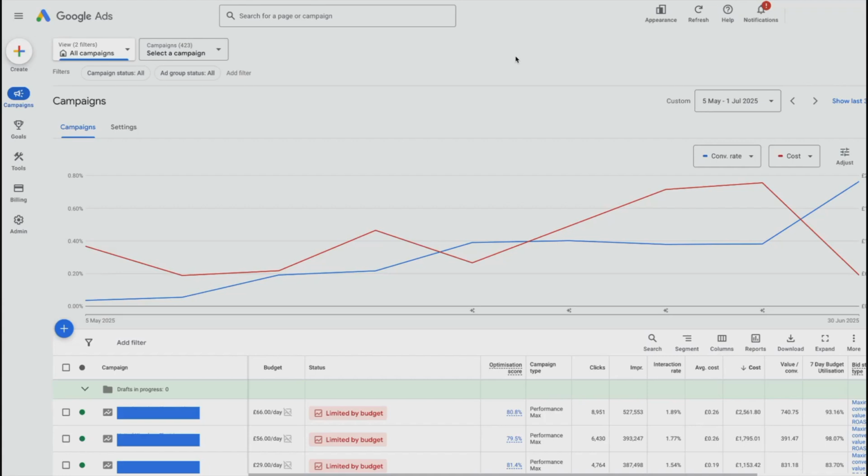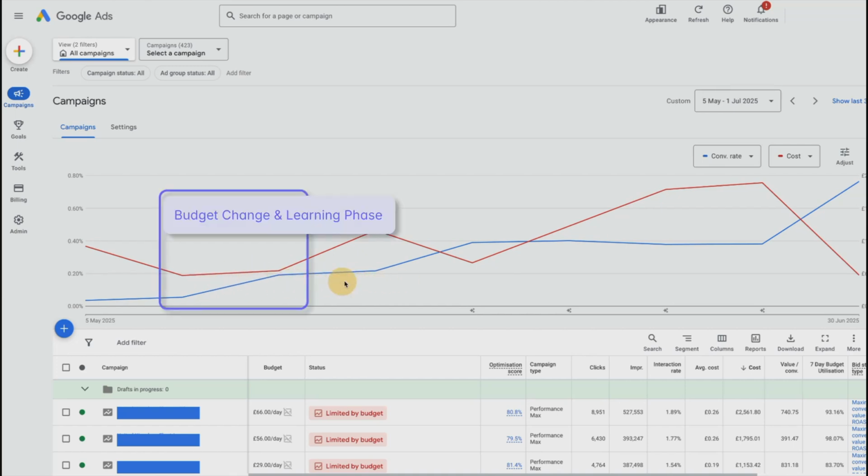campaign. Here's an account that we took on a few months ago. Limited by budget was a problem, and this is the kind of impact that increasing the budget had. Just here you've got where the budget was changed. That's like the learning phase, 10 to 14 days. And you can see how the conversion rate of the accounts actually increased from where it was here to here